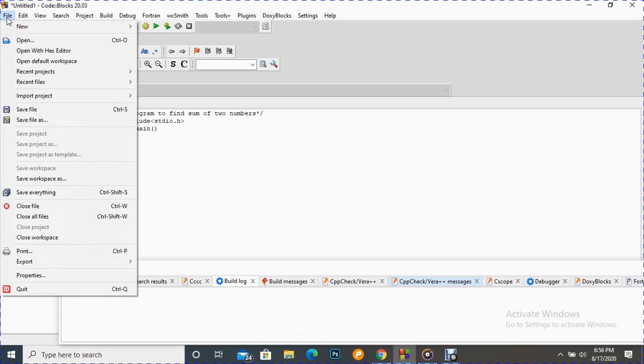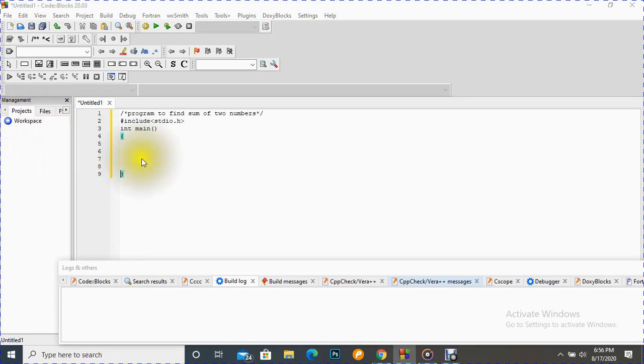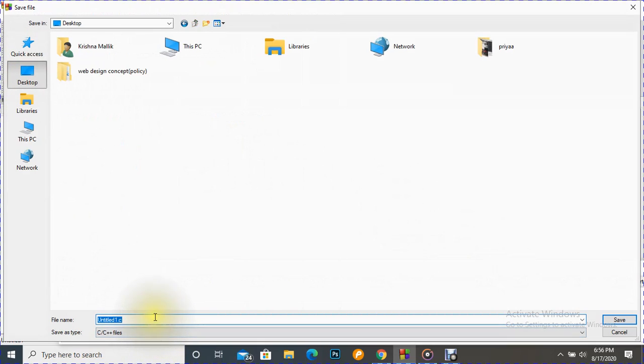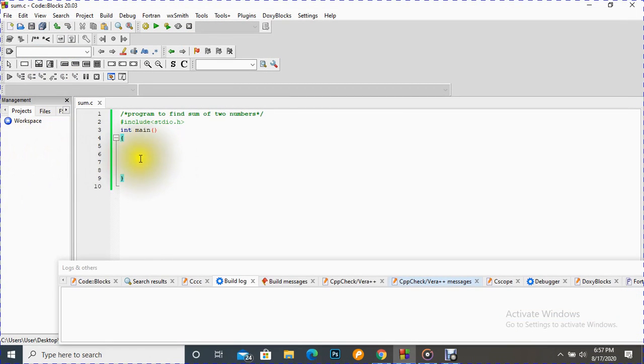So let's save it. I'm saving on the desktop. Let's give the file name sum.c, save, and after that,